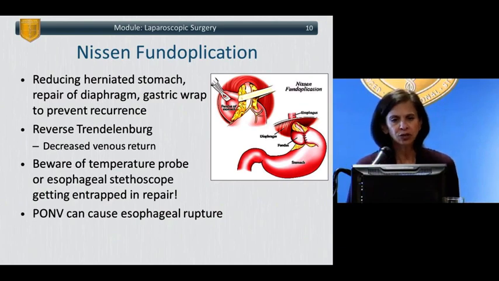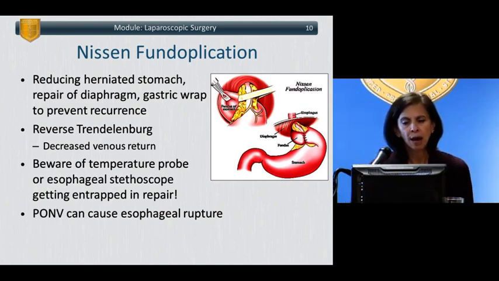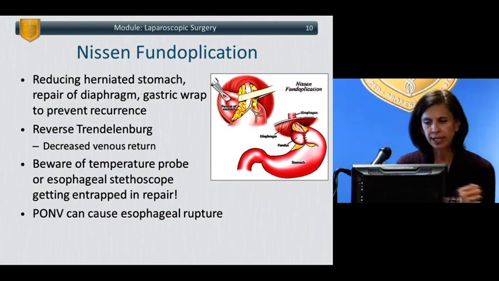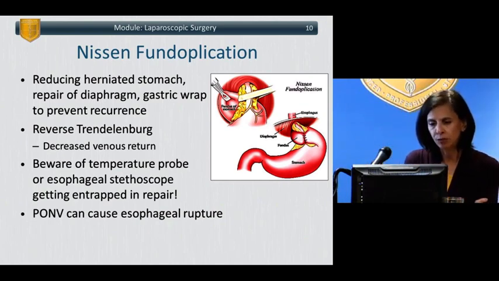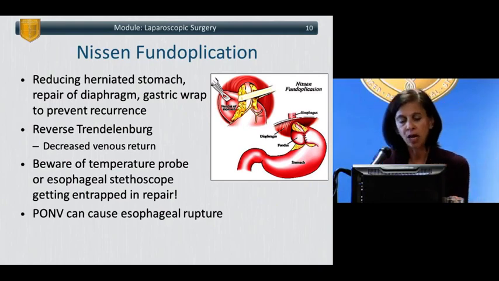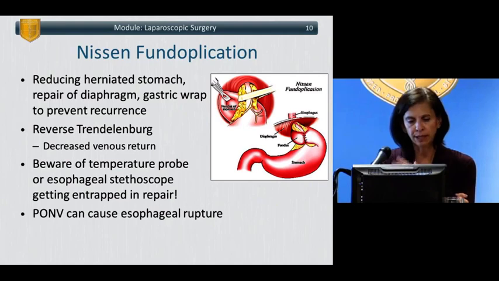So a couple of specific surgeries just to highlight some of the issues. A Nissen fundoplication is used to reduce the herniated stomach when you have a hiatal hernia. And then typically there's a repair of the diaphragm. They often wrap the stomach around that area to prevent it going back up, to create more bulk there. Typically, the patients are in reverse Trendelenburg, so the head will be higher than the legs to allow the stomach to come down. So it'll be easier to ventilate those patients, but you'll have more challenges with hemodynamics and blood pressure.